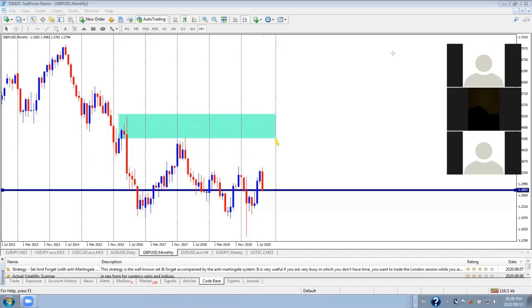One thing I almost forgot to mention: when you are drawing a supply, make sure you include a basing candle. A basing candle can be a doji, can be a shooting star, can be a pin bar. The most, sorry,